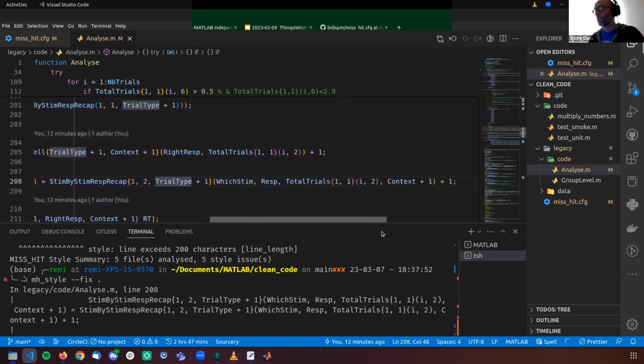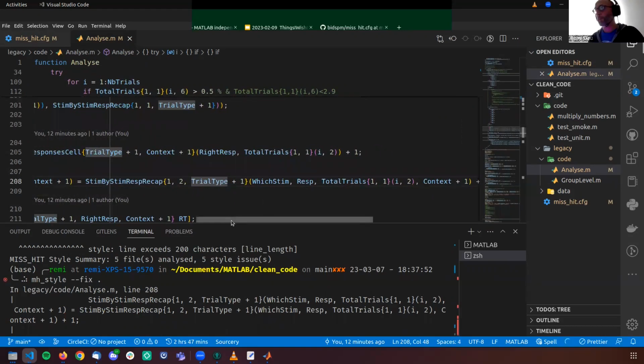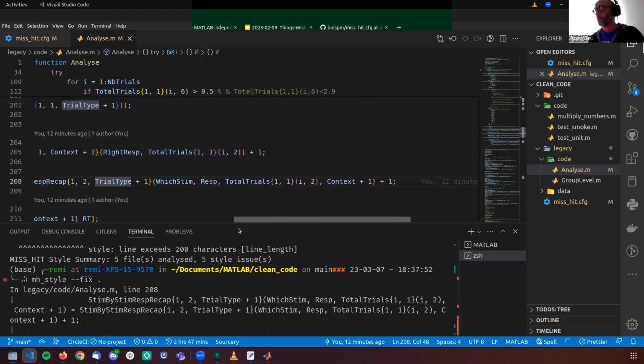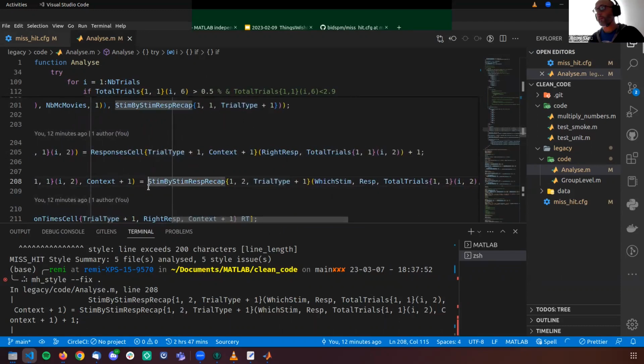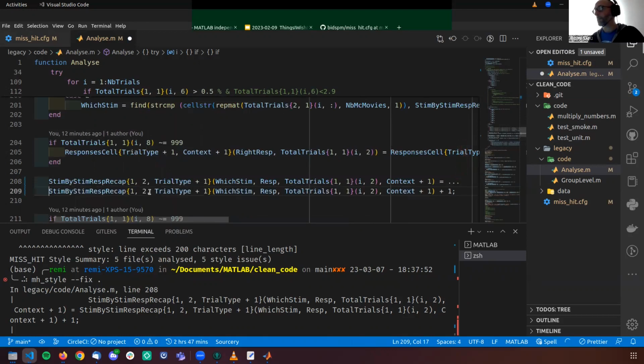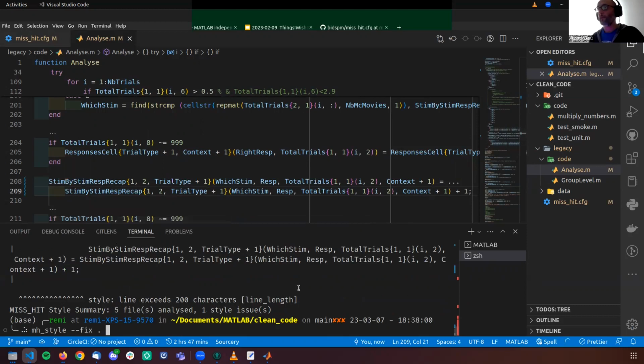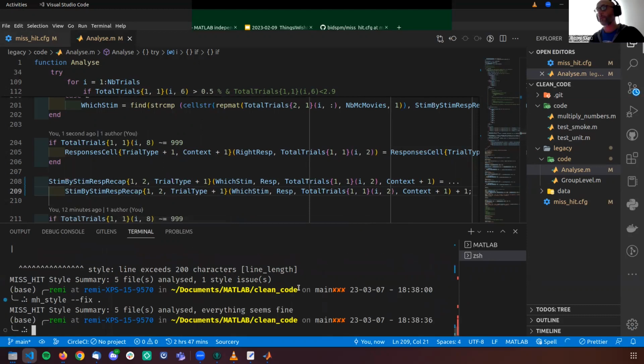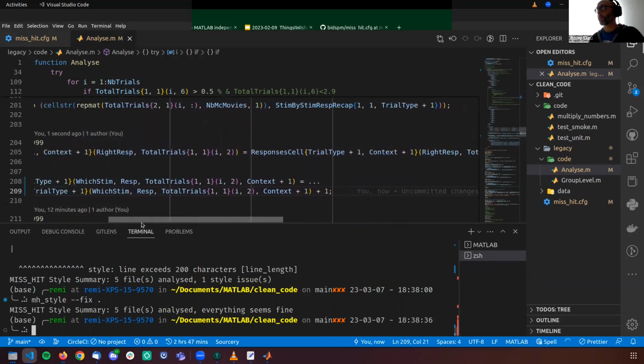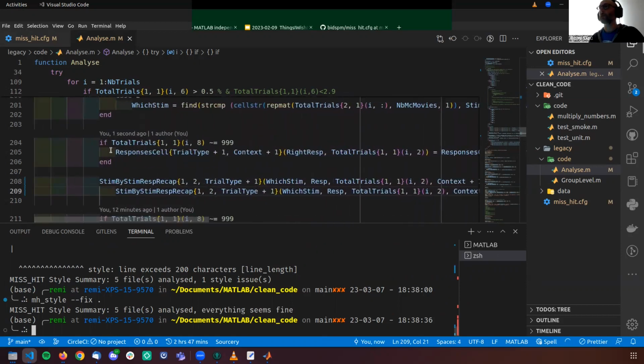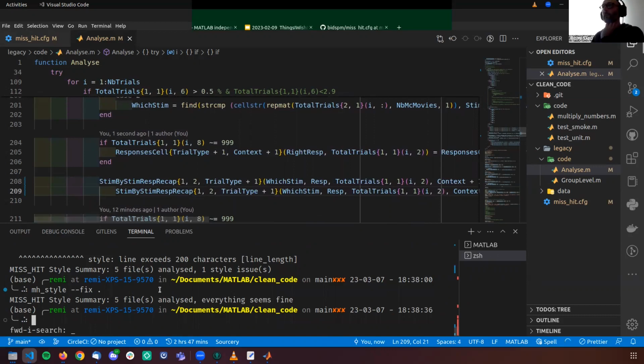Well, possibly rewrite this and this maybe, where we ask it to just start in like this. Is that going to fix things? Yep. So that is definitely one way to make your line shorter. So this is, for example, how you would start addressing your problems one by one.